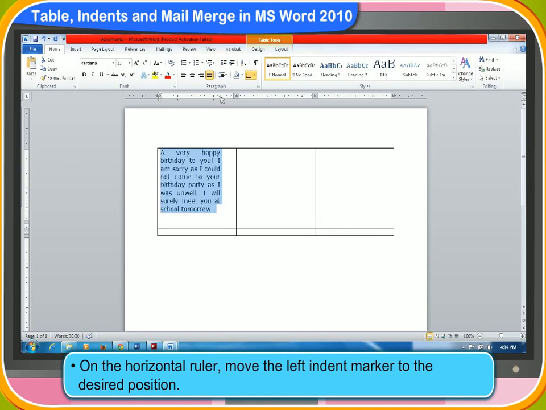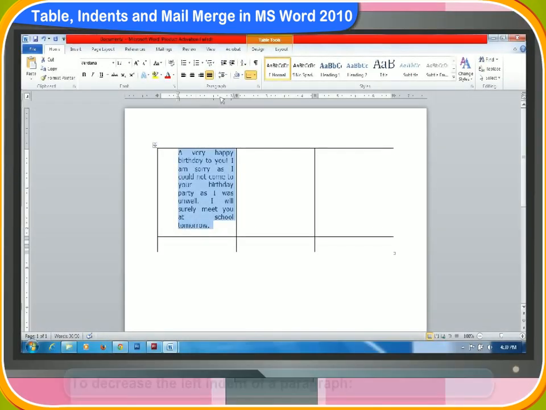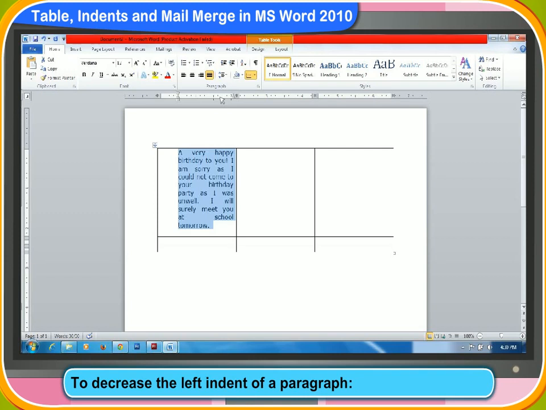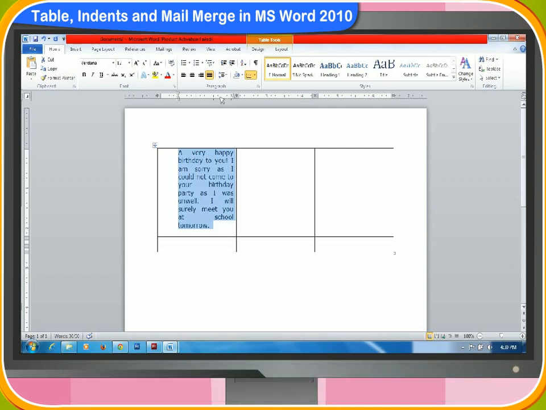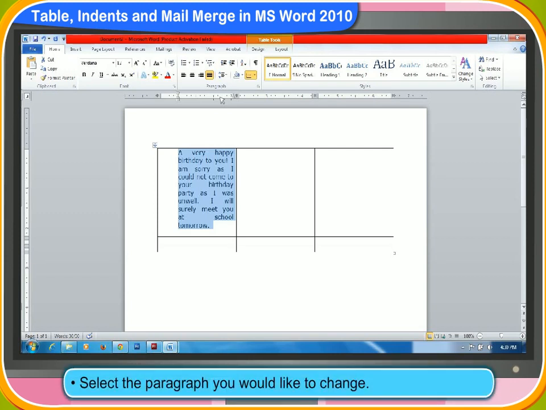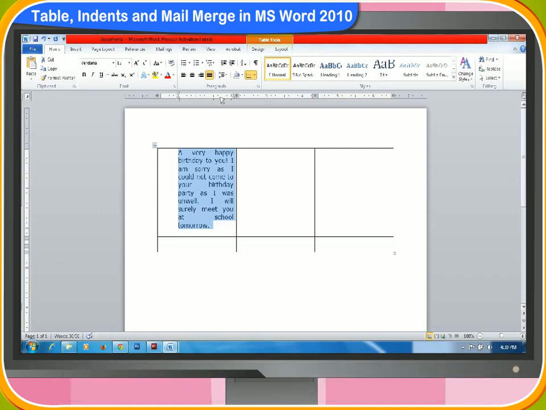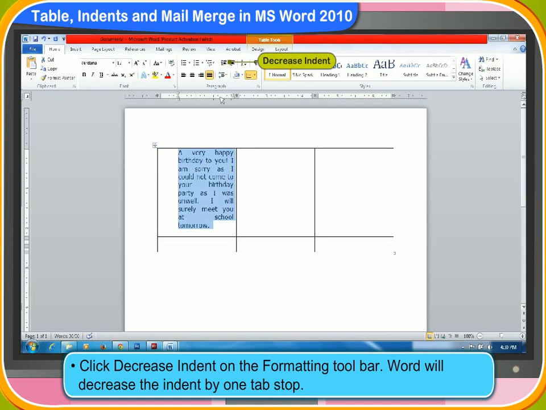You can also increase or decrease the left indent of a paragraph. To decrease the left indent of a paragraph, first select the paragraph you would like to change. Then, click Decrease Indent on the Formatting toolbar.